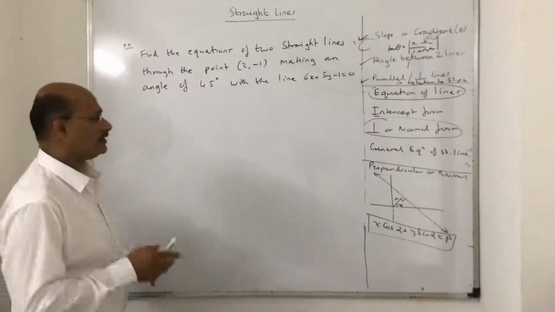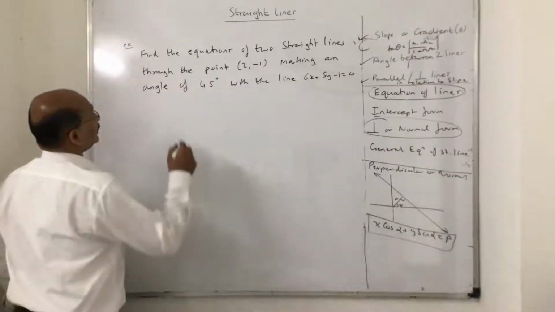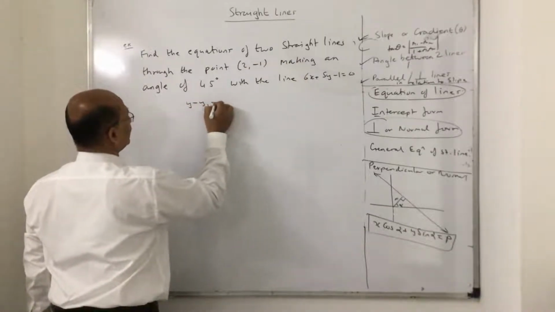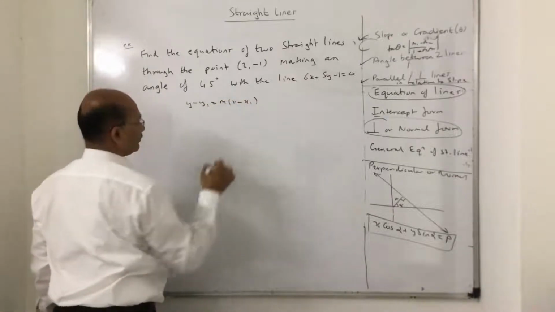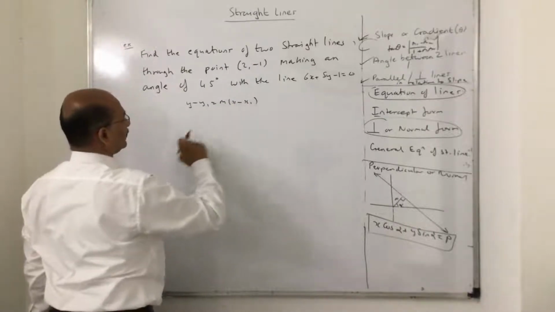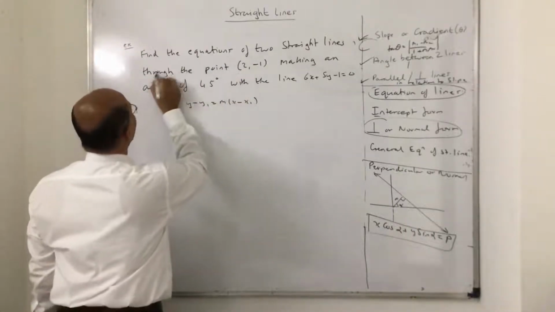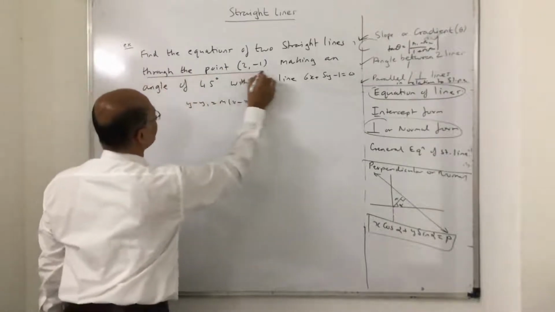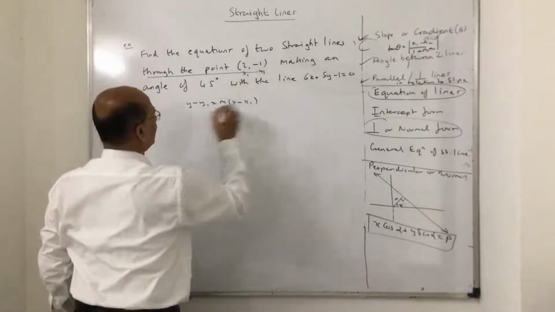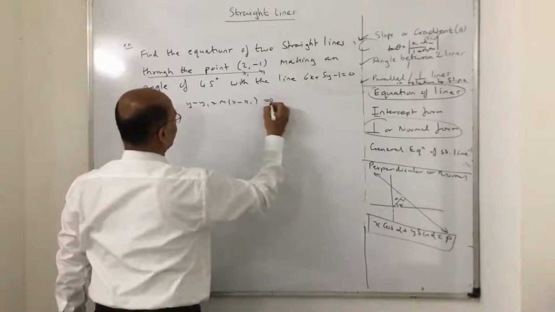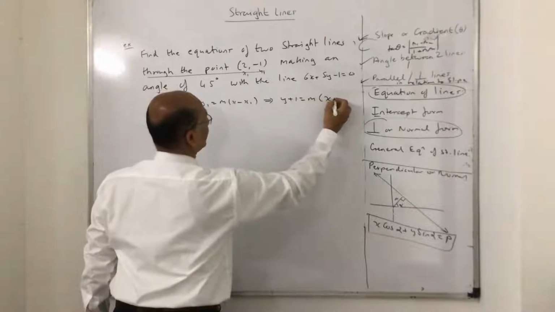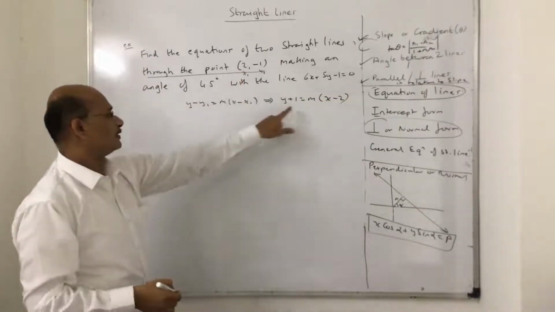minus 1. Now this is interesting. I'll tell you why. Now they are asking for the equation of a line. So we know the equation of a line is always y minus y1 is equal to m of (x minus x1). Please understand the working. The line passes through the point (2, -1), so this will become my x1 and y1. So y minus y1 is equal to m of (x minus x1). I just substitute in place of this.